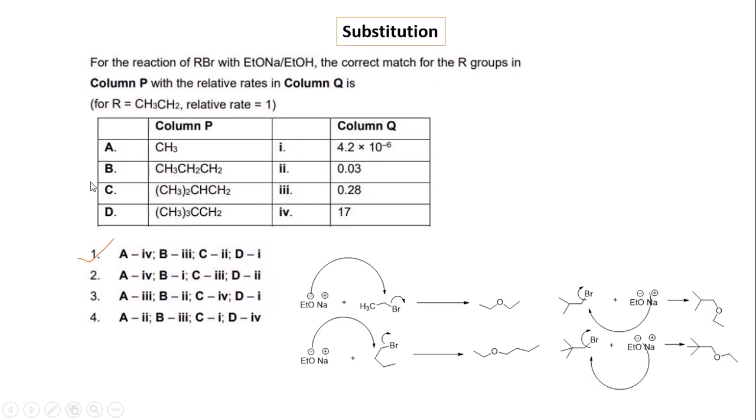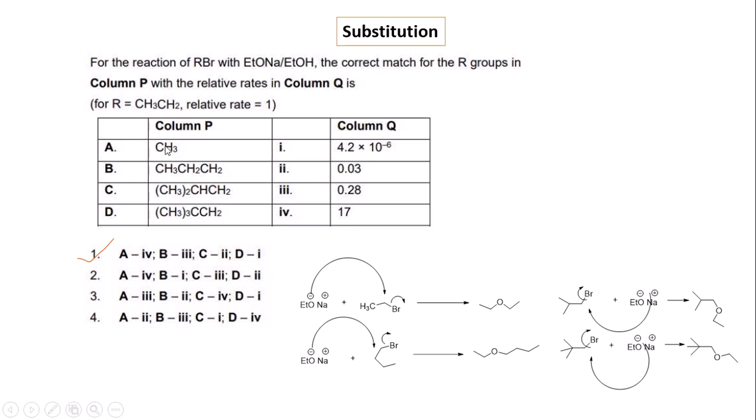Next is the reaction of R-bromide, ethanol and sodium ethoxide in ethanol, the correct match for the R group reaction. This is an SN2 type reaction, and we know that in the SN2 reaction, with increasing branching, the rate of the reaction decreases. And this is the relative rate with that of CH3CH2, where the relative rate is 1,